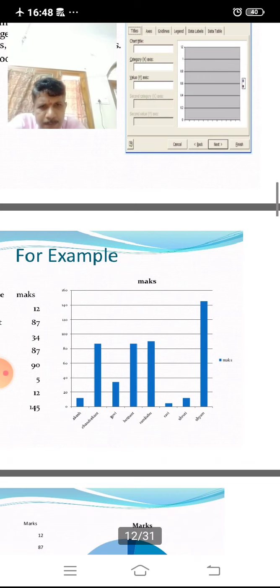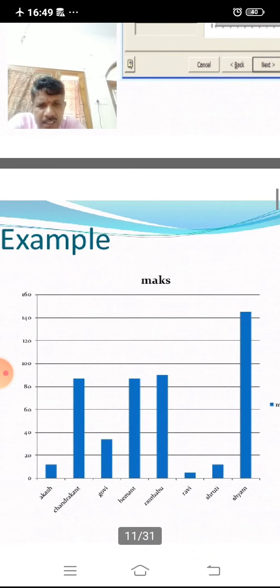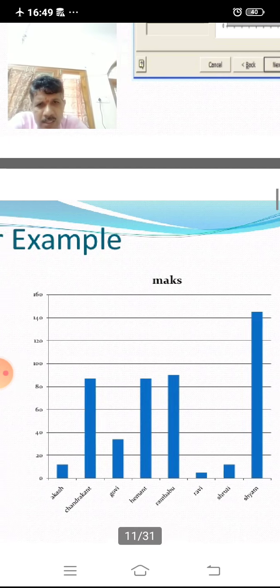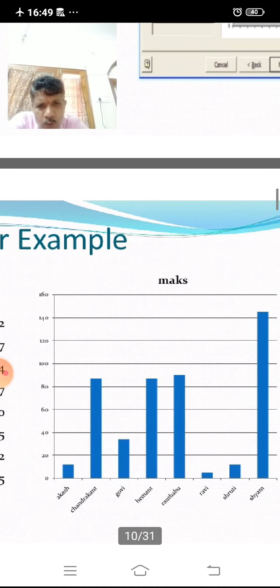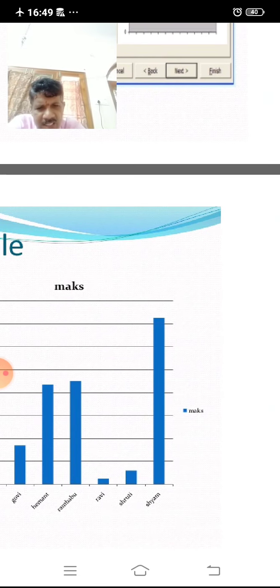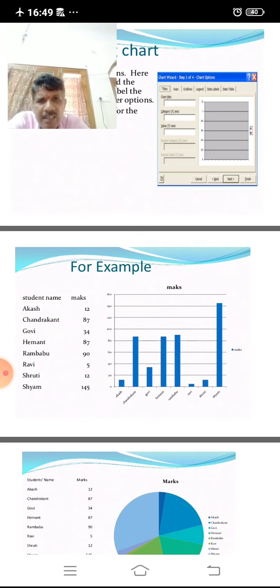On the y-axis the marks are taken, whereas on the x-axis names are given. According to the numerical value, the chart is represented like this. This is an example of the vertical bar representation of the given data.